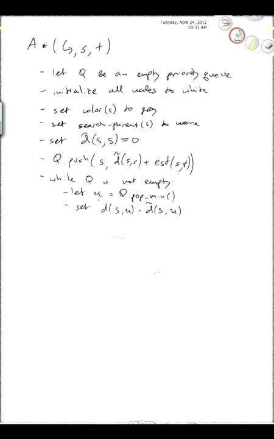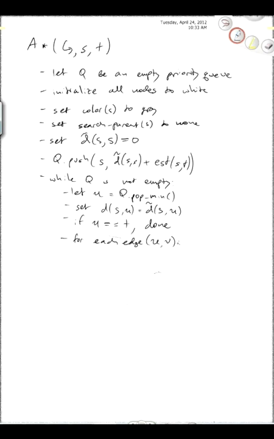And that's because as soon as we pop U, its distance label gets fixed. So exactly the same way as in Dijkstra's. And then over here, if U happens to equal T, then we're going to be done. So this algorithm completes as soon as the destination T gets popped off of the queue. But if U is not T, then we still have to process the new information that we're getting out of U. So for each edge UV,